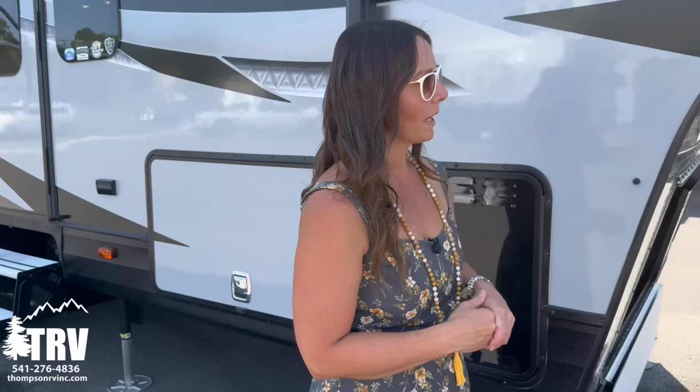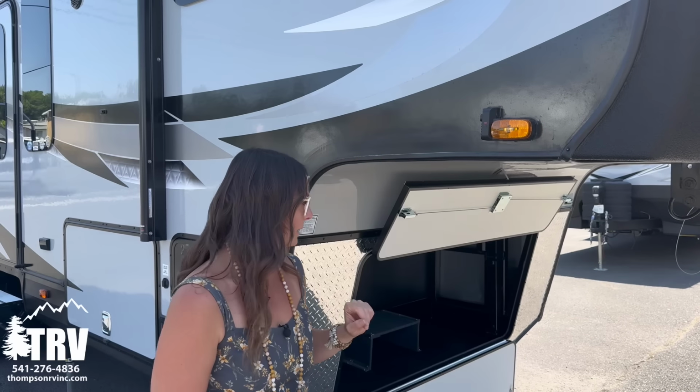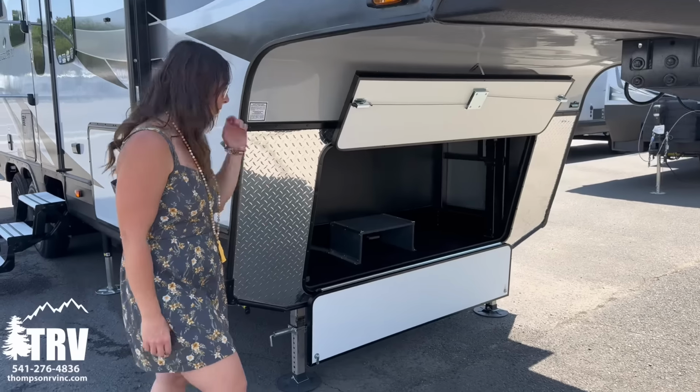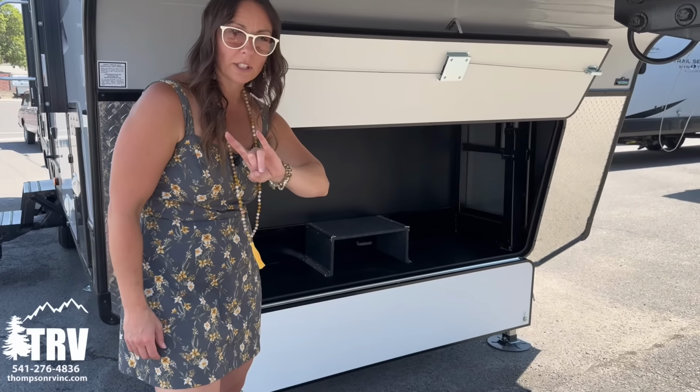So you're going to have real-time data on your batteries. The Titanium is going to come with the rear observation camera, which now also includes side marker cameras. Right here in the front, you've got additional storage. You also have 2 gray tanks on all of the Glacier Peaks,